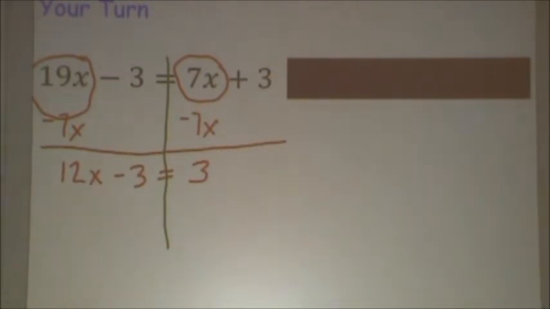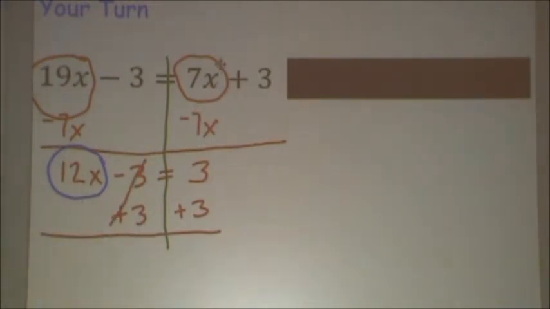And then I'm going to circle up my variable and stick it in my pocket for later, because now I'm down to a 2-step equation. And to get rid of a minus 3, I want to do the opposite, which is add 3 and add 3. And I bring down, these opposites cancel out, just like my opposites canceled out up there. Sorry, I forgot to do that. And I get